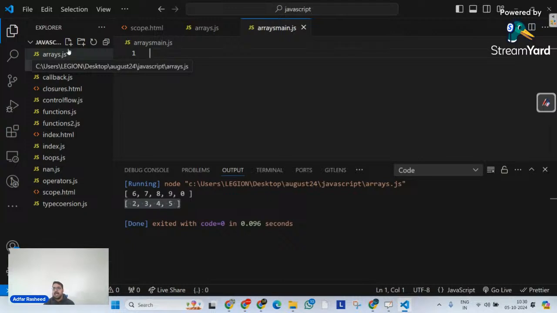Until now, whatever methods we implemented were there to bring changes in the original array, most of them at least. But the methods that we are going to discuss now are called looping methods. What do we mean by looping methods? We will understand that in a second.